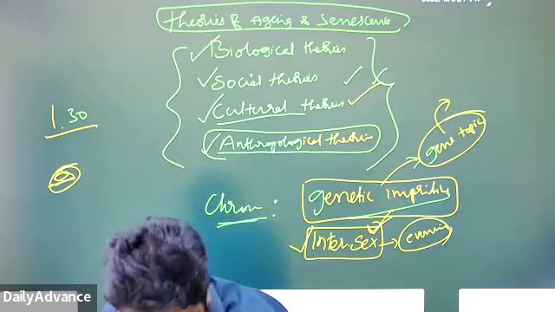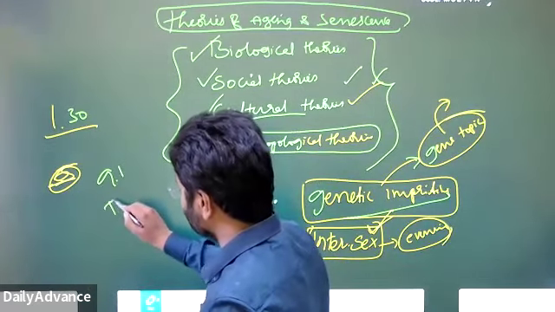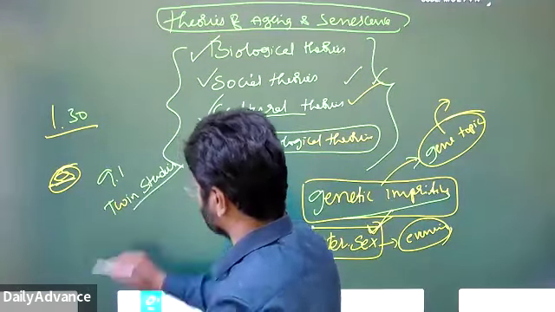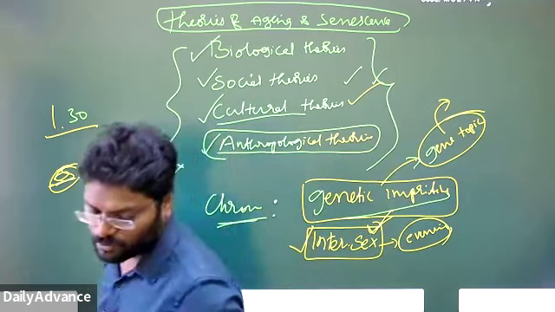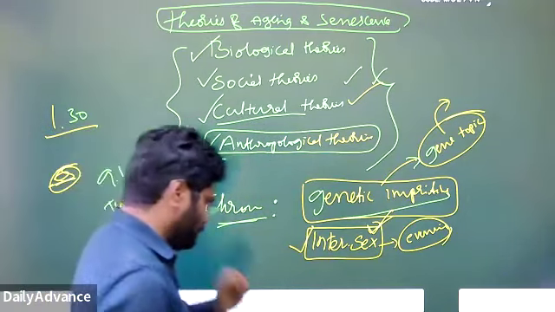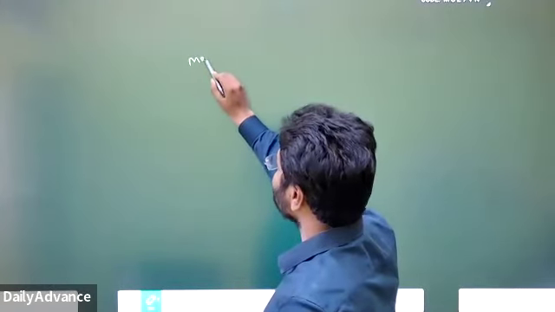So monozygotic. In chapter 9.1, twin studies are there. There I will explain the mechanism of birth of monozygotic twins and birth of dizygotic twins. Very simple. So in a monthly cycle generally,